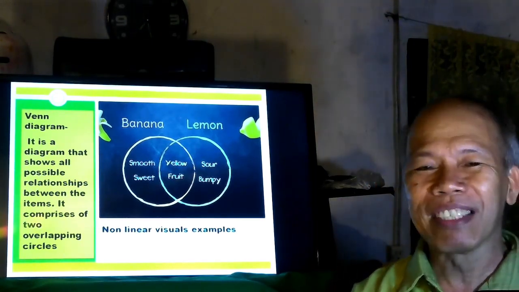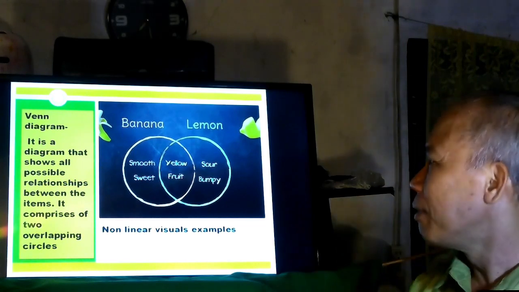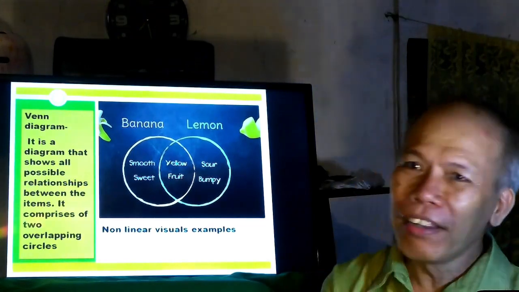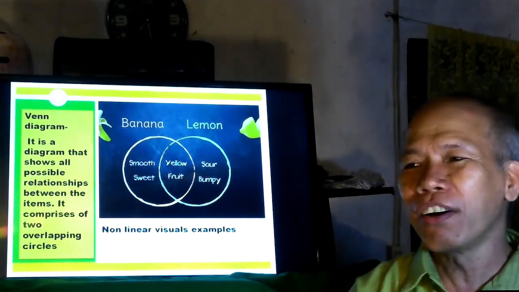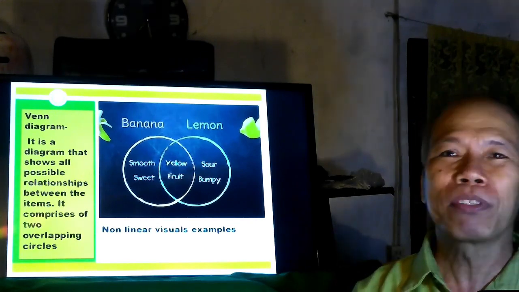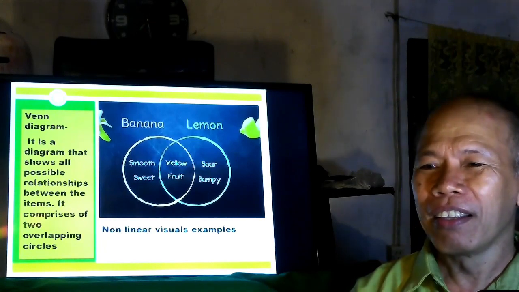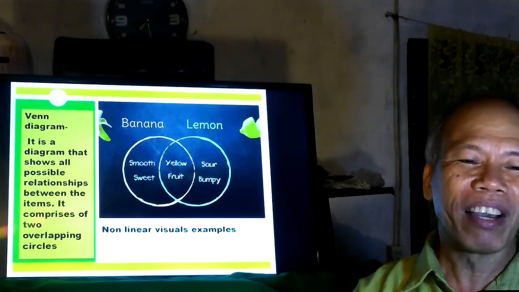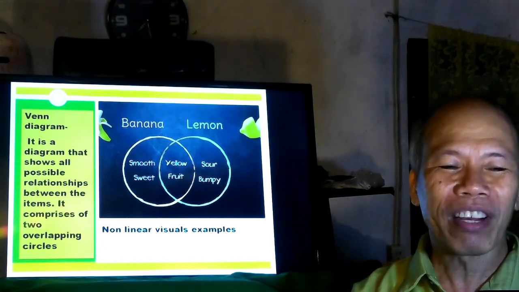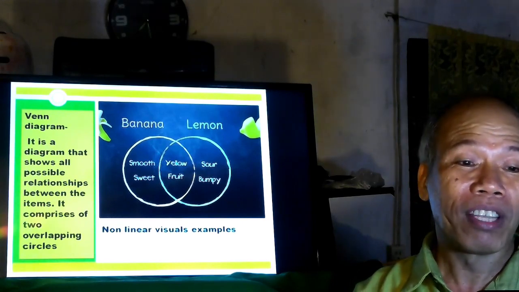Two circles interlocking each other, and the areas on the extremes, both the left and the right, are identified as areas with differences on the things that are compared,